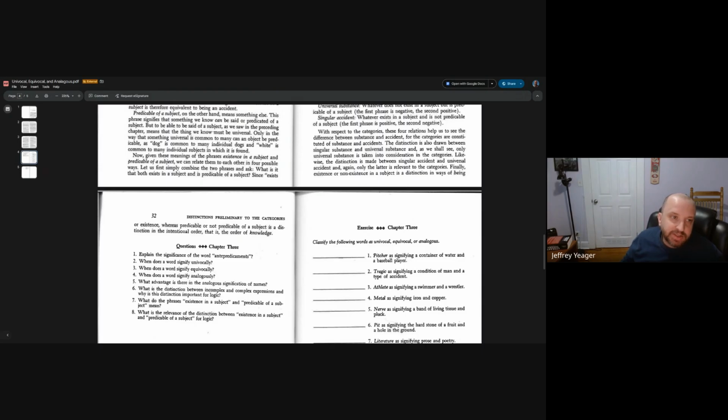Any connection at all between those two things? No. This one's pretty easy. Like this one is equivocal. These are two completely different meanings of the word pitcher. Like if you wanted to really overthink it, you could say, well, you're using this pitcher to distribute water from one place to another. A pitcher in baseball is distributing a ball from one place to another. You could really overthink it, but really they have no connection.